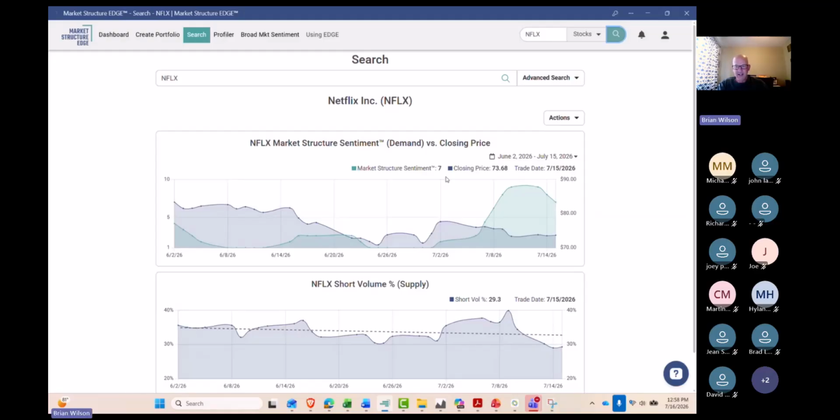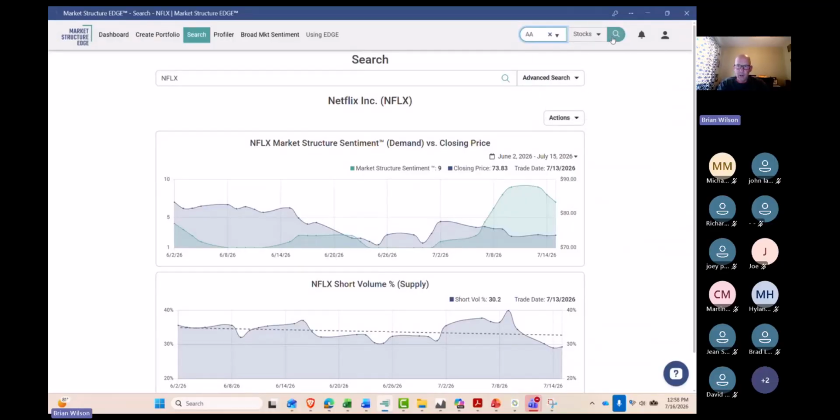It's okay. It looks a little bit like all of big tech right now. If you recall, big tech sentiment declining. This is almost an identical number. 7 for a sentiment read, and short volume is rather low. Netflix has a pretty good setup. Ideally this would be continuing to rise, or you would be 10 out of 10. But this is okay. It's certainly not a poor setup, not as good as it could be, but it's not bad.